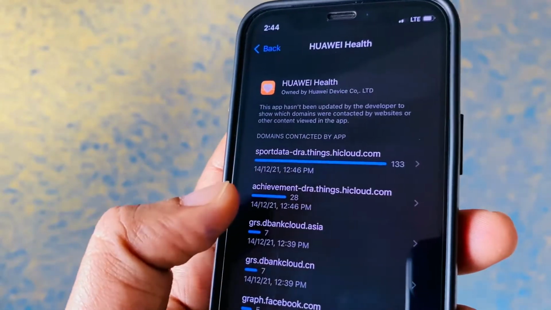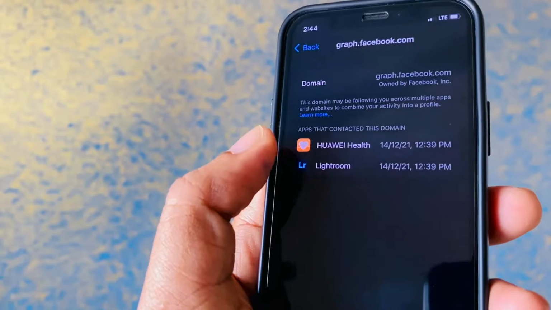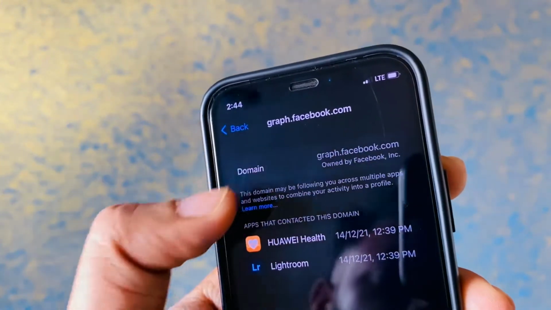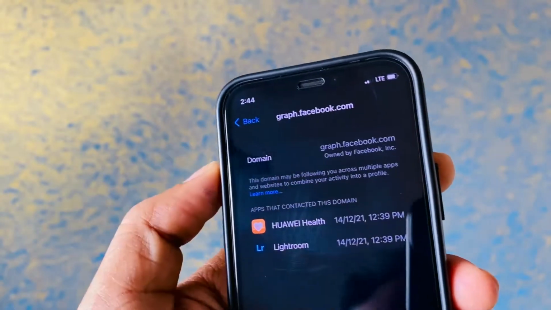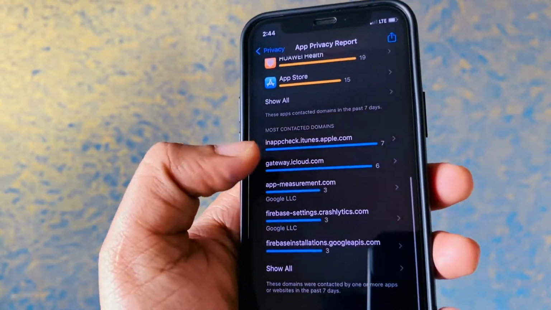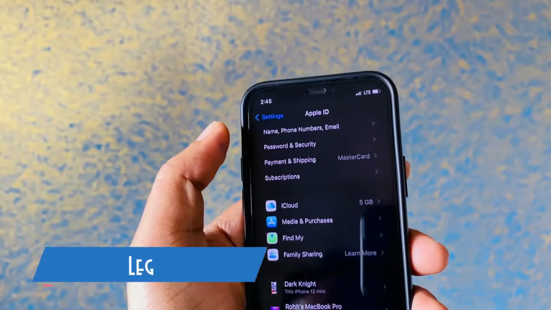So this is on an app basis. If I go to something like Huawei Health, we have something called graph.facebook.com, so this is definitely reporting your details to Facebook. Again, as you can see, Lightroom is also doing the same thing. I won't be going into much detail about this.